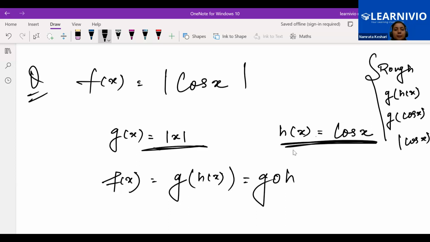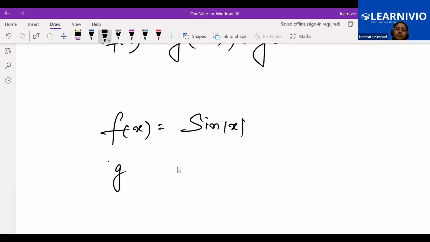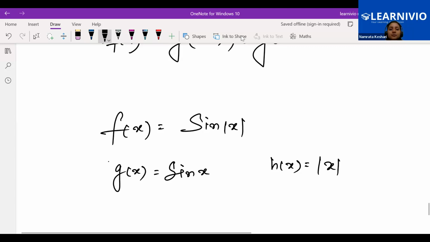Getting it? Yes. What about the case when the given function f of x is sine of mod x, Fatima? Then what to take as h(x), what to take as g(x)? h(x) can be mod x and g(x) can be sin x. Perfect. Now you will be able to do it, right? Yes. Okay. So yeah, Fatima, this